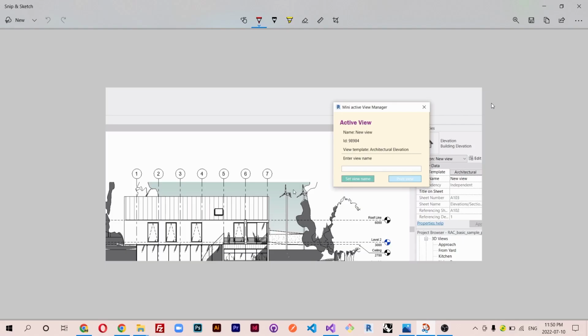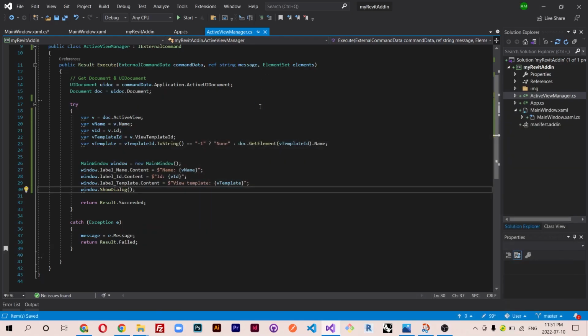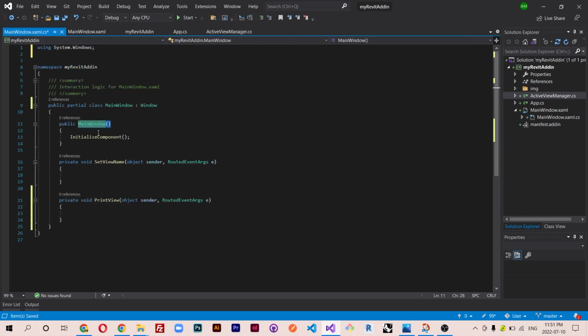All right, and the second part now is to create the event handlers for these buttons. What is going to happen whenever I click on these buttons? All right, so I want to grab this text, and then when I click on the button, this text is going to be set as the view name. And here when I print, I want to call a function called print. All right, so let me save this one first and go to my